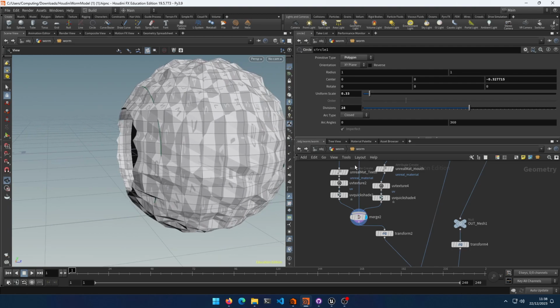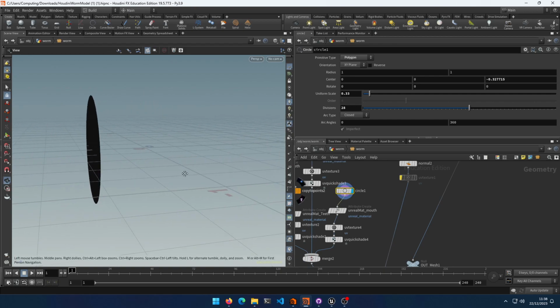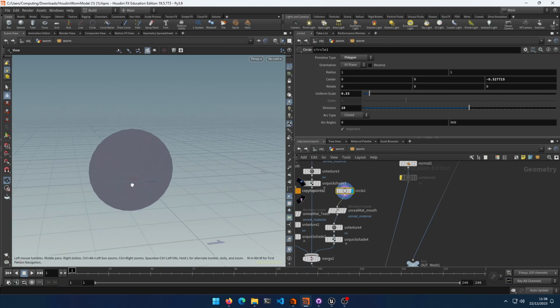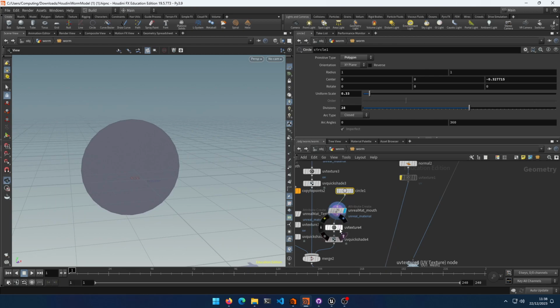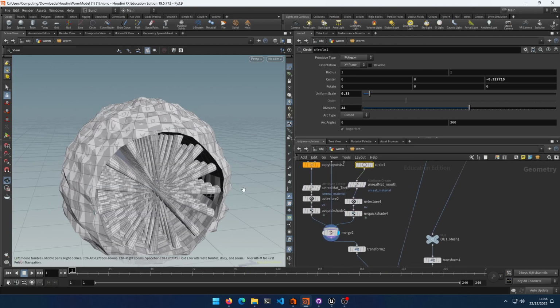We use a circle just to close off the mouth to be able to put in a fake mouth texture within the throat of the monster,